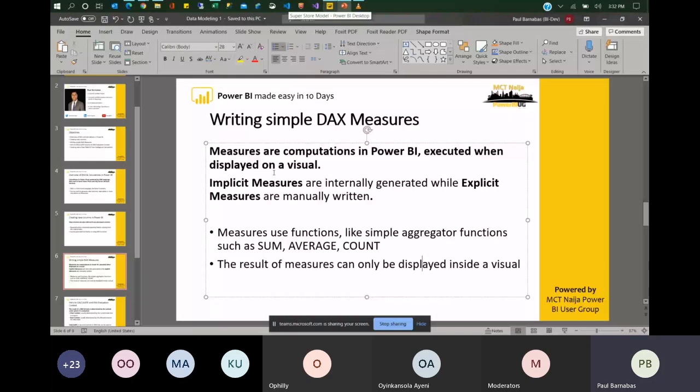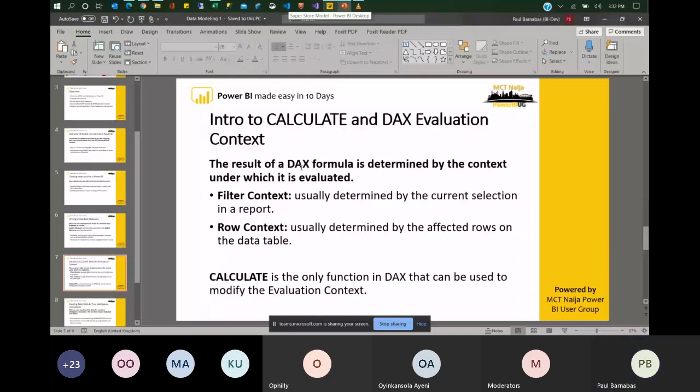So we want to talk about the calculate function and the DAX evaluation context. So for us to further understand DAX, it's important for us to understand something called context. There are two types of evaluation context. Number one is filter context. Number two is row context. So what is